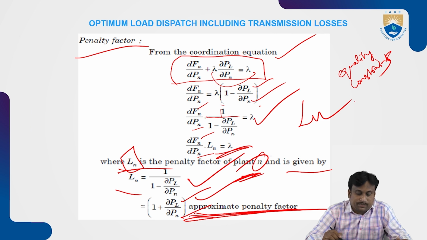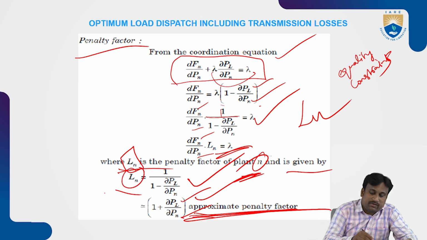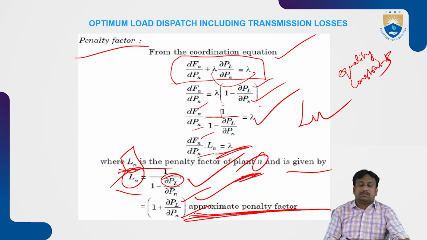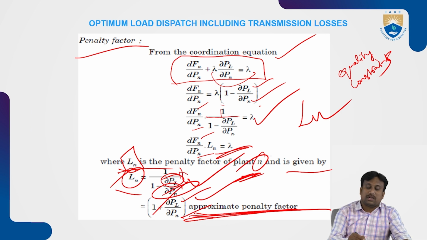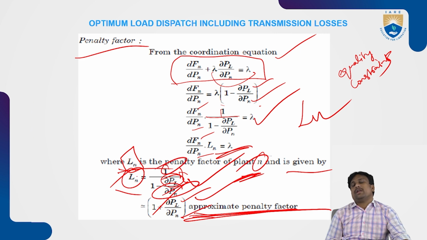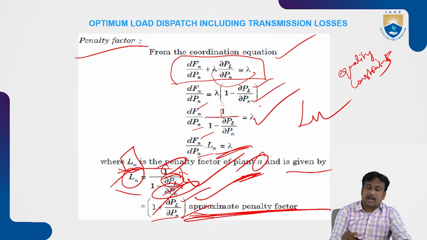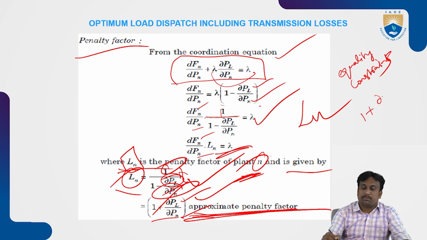Here dou pl will represent the change in load case and dou pn will represent the change in plant power. This change will represent 1 minus the total ratio. And if you remove the numerator term, then it will be added to 1 plus dou pl by dou pn. So this will be one of the approximations